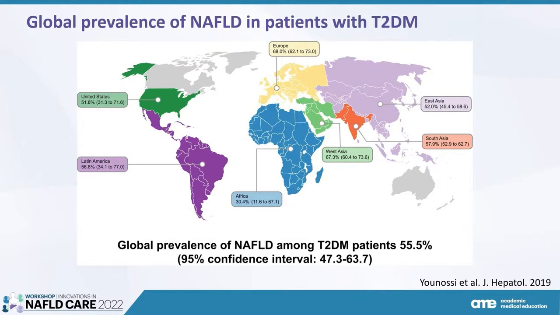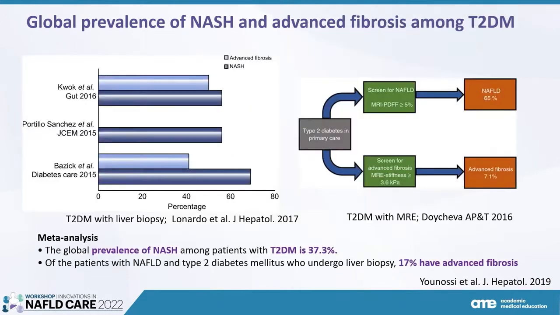As we've talked already, the most difficult part when you want to assess the prevalence of NASH or advanced fibrosis is the diagnostic methods. Of course, we don't have liver biopsy for every patient with type 2 diabetes. You see here that in previous studies performed in patients with type 2 diabetes and liver biopsy, the prevalence of advanced fibrosis or NASH has been reported to be very high, up to 50% of advanced fibrosis. But these studies were probably biased because they included patients with an indication of liver biopsy,